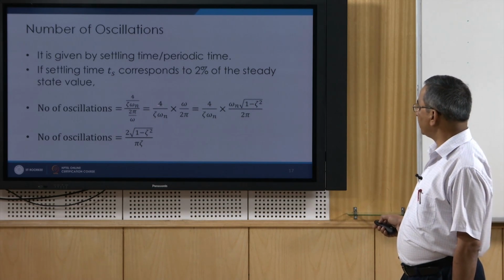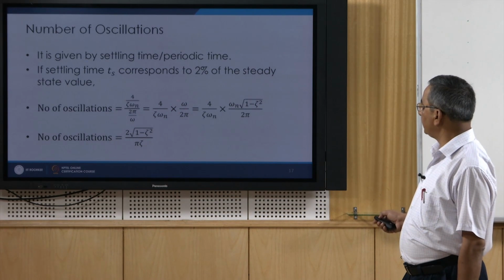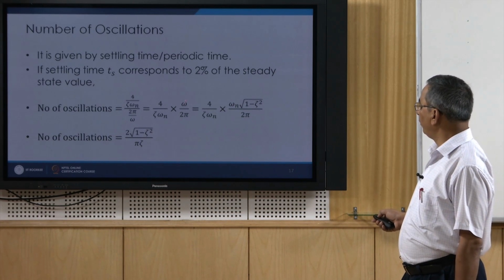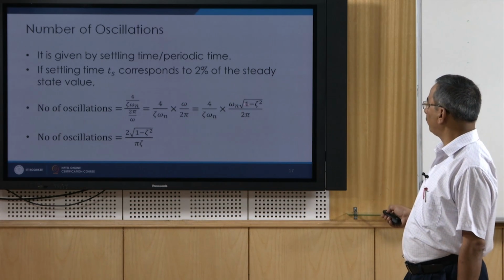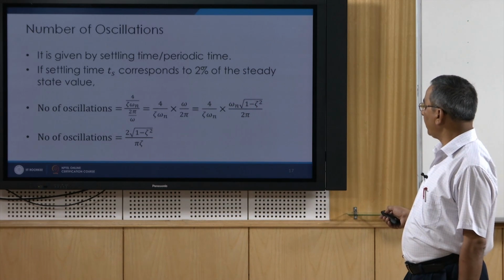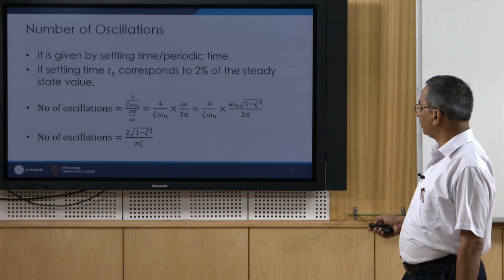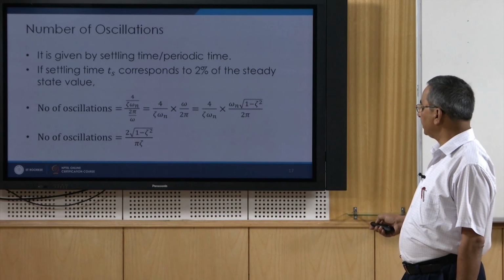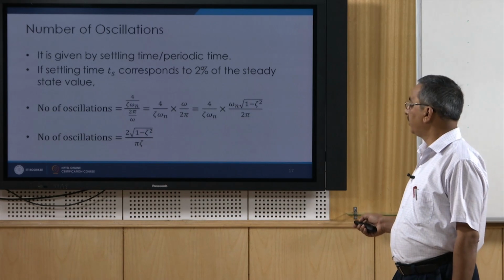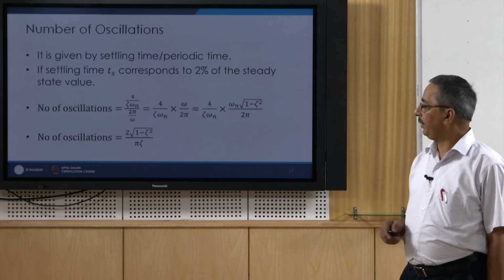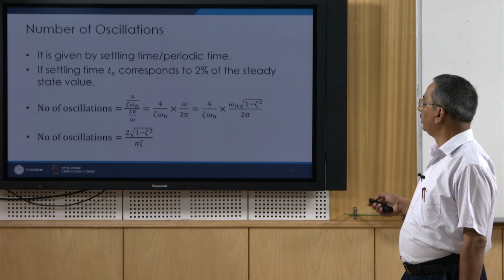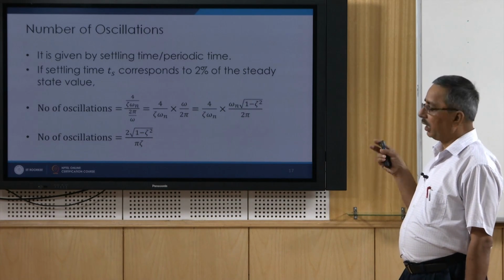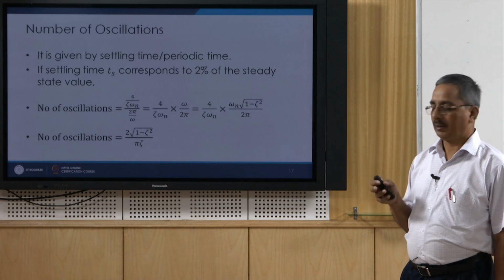I can simplify this expression, this omega goes up in the numerator. So, this is what I get, and this omega is nothing but omega d. So, I can substitute for this omega as omega n under root 1 minus zeta square. So, this is what I get, and if I simplify, I can find out the number of oscillations, and you can see that this expression is in terms of the damping ratio. This way I can find out the number of oscillations which are going to be there before the system gets settled. All right.